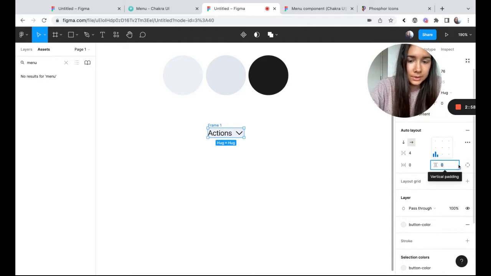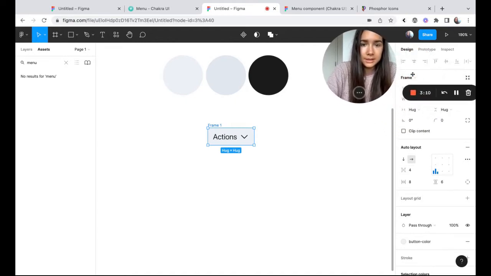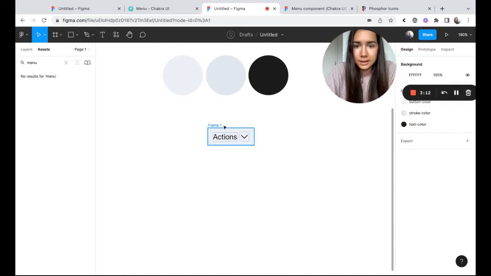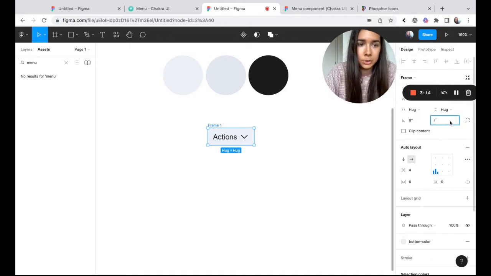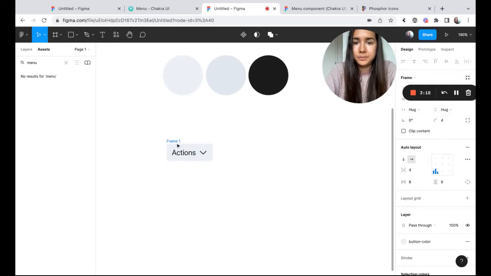Let's do vertical, like 6 pixels on each side, and horizontal 8 pixels. Okay, so now there's a little bit more space. And now let's add a border radius. Okay, so that's pretty much our menu button.